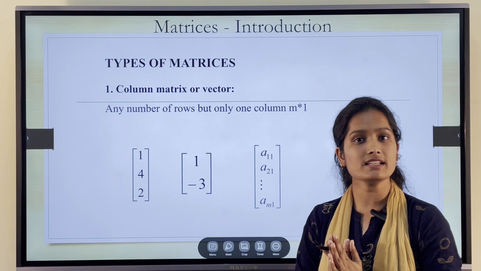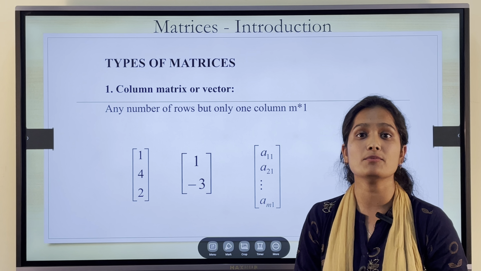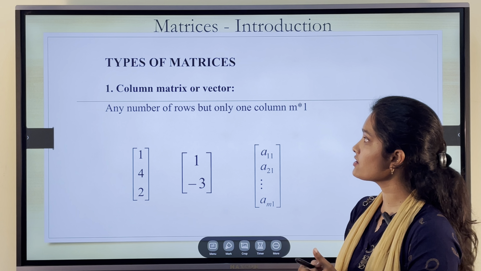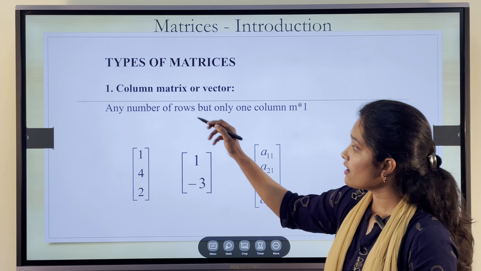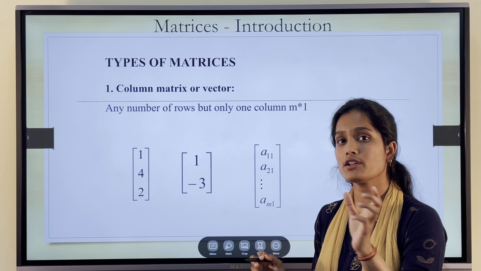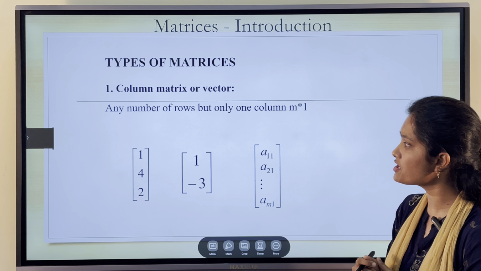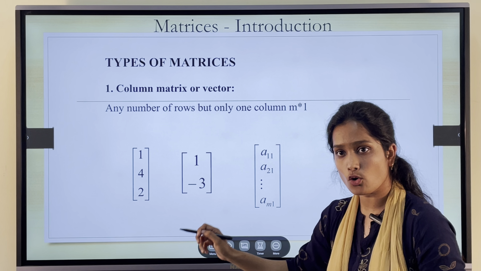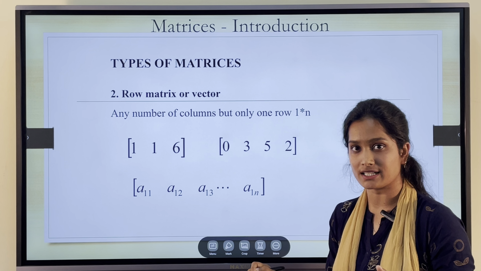So there are mainly 9 types of matrices, where the first one is the column matrix or a column vector. A column matrix or a column vector is a matrix in which there can be any number of rows, but it will have only one column to it. So the order of this matrix is written in the form of M cross 1, which means that there will be single column but any number of rows attached to it,